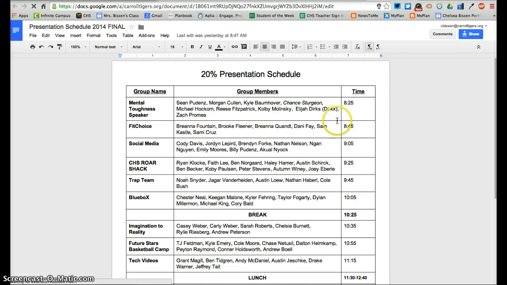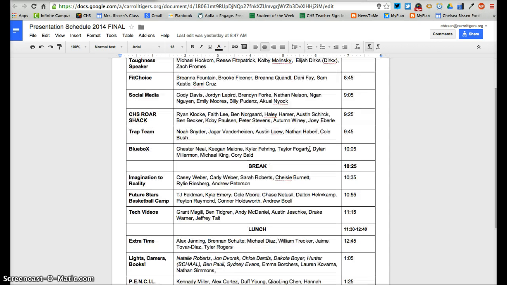This is the schedule for the day, so you can see each group has 20 minutes to present. Hoping that no groups will go over 15 minutes and we can try and stay on schedule, so it'll be a few minutes to get off stage, a few minutes to get on, and then we'll stay right on track here. However, if a few groups go closer to the 17-minute mark, it will be okay to get into the 16, 17, 18-minute range. The problem is I've had people email me and just say one person's going to come to this group at 9:45. I don't want them to show up at 9:45 and the group's already gone 20 minutes earlier. So I really want to stay on track here.